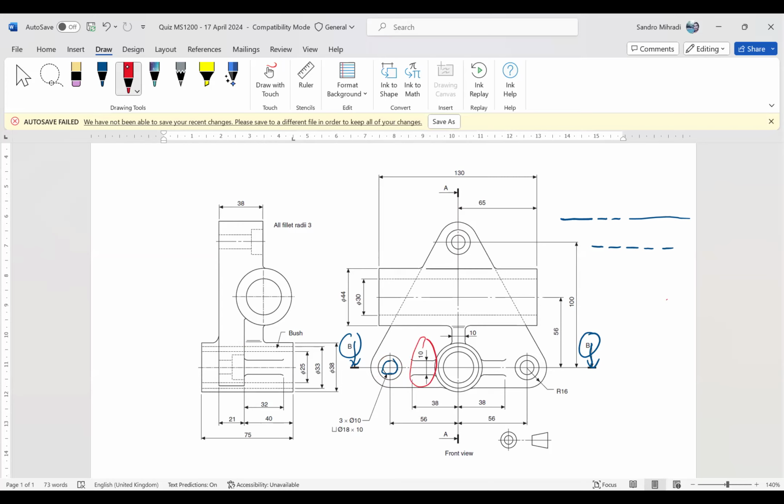Jadi bukan tidak digambar, tapi tidak diarsir. Yang webnya itu tidak diarsir. Ya ini kuncinya, bagus. Webnya ini tampak dari sini, dan bidang potongnya paralel terhadap webnya, maka dia tidak diarsir.